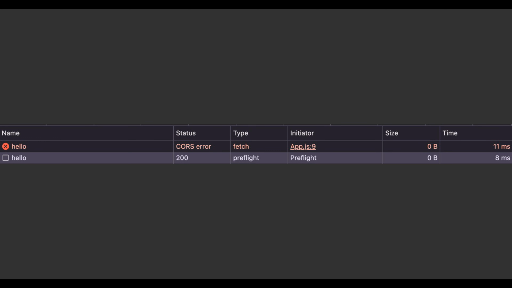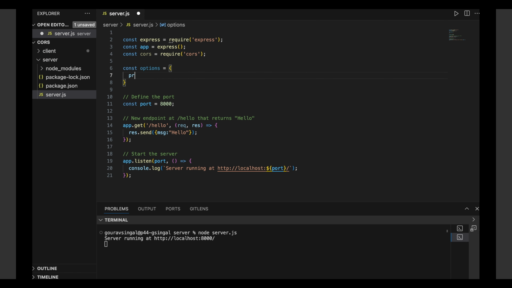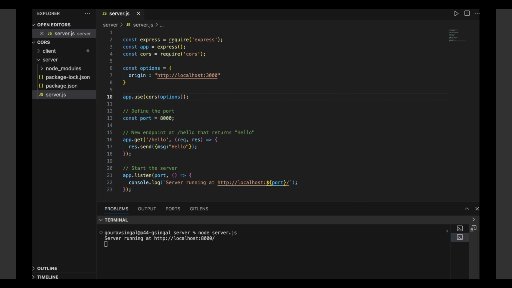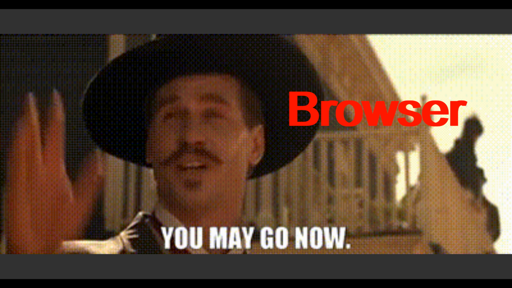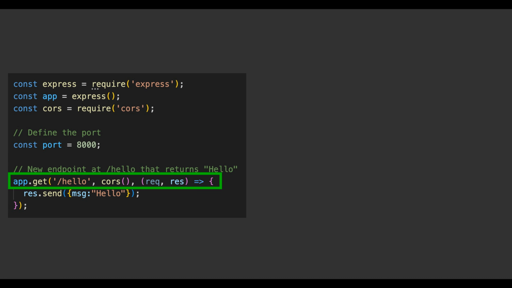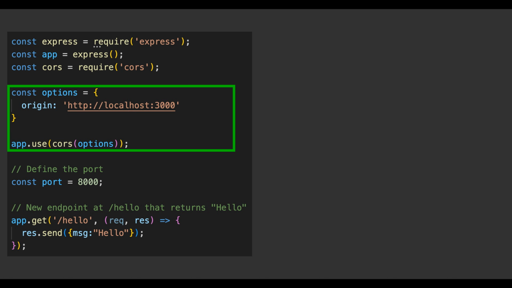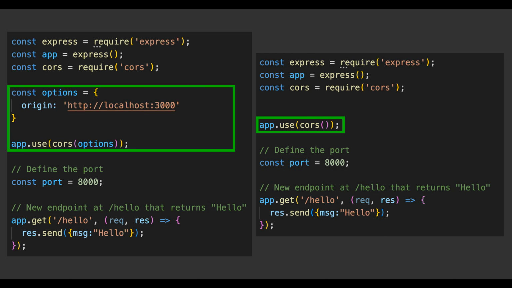It first sends a pre-flight request, which is like a test request to the server. On the server side, we write code that tells the browser that it will accept requests from these specific clients. Once the browser gets to know about these clients, it will not block the requests coming from them. This can be done using the CORS module. You can enable CORS for specific routes or for all routes. You can allow requests from certain websites or from any website.